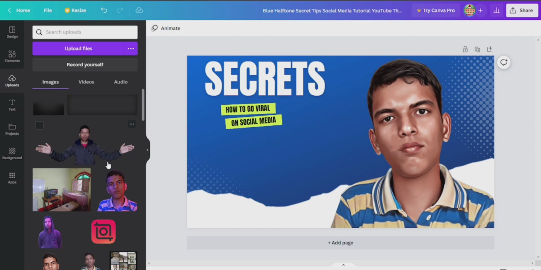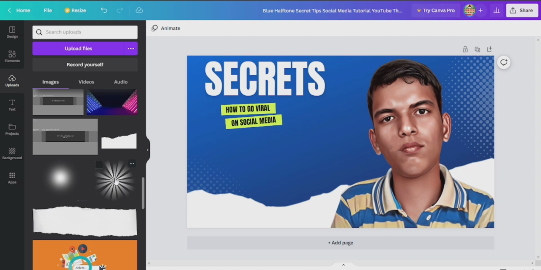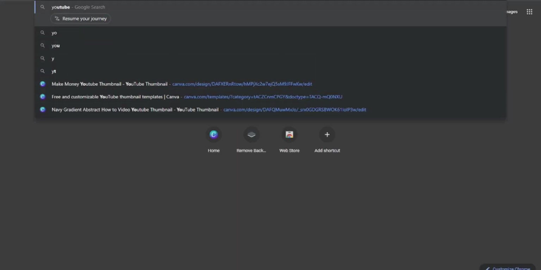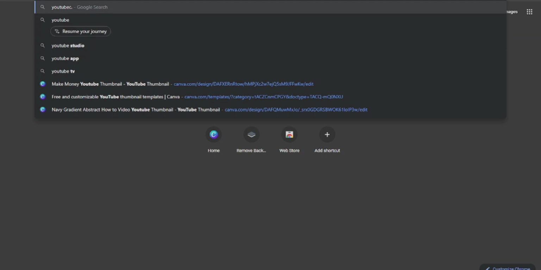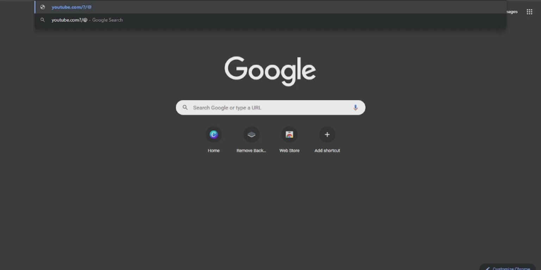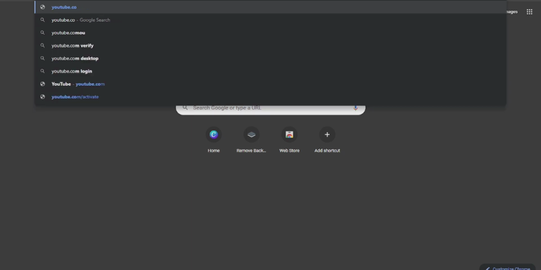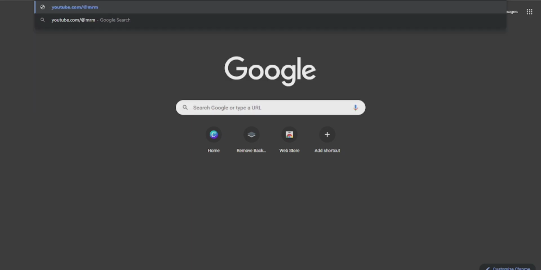And now we need this photo. I already told you to download these 4 photos because we need these 4 photos to make our thumbnail professional. I personally use these photos on my thumbnails. Let me show you. I'm going to go to youtube.com and show you my thumbnails. If I go to my channel and show you my thumbnails,